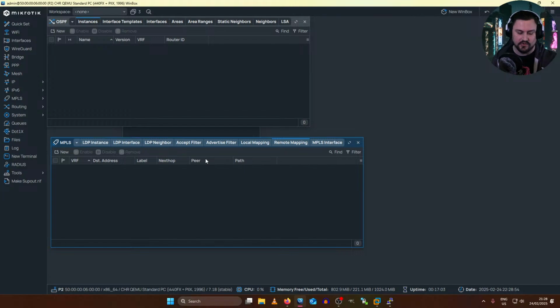SDN is really cool. I like the idea of having this centralized controller where you can push and apply configuration, and you're basically separating the control plane from the data plane. I think it should actually be how we do things. And that's where network automation comes in, because now you can start building a server like Ansible that can push and manage configuration for you, which is always really nice.